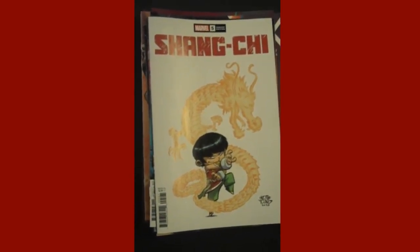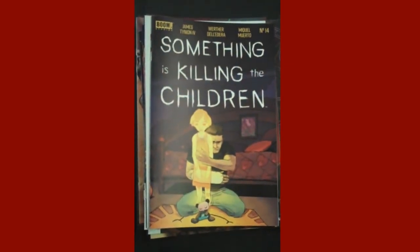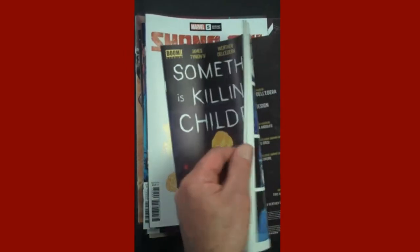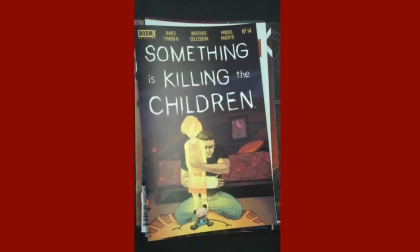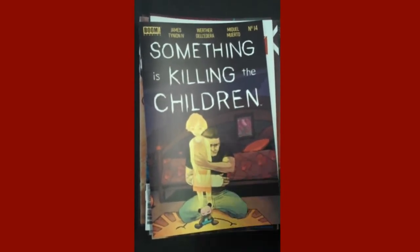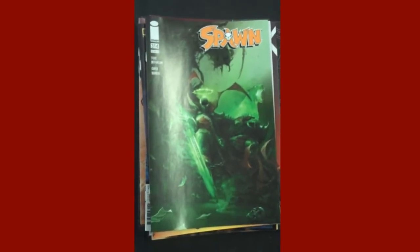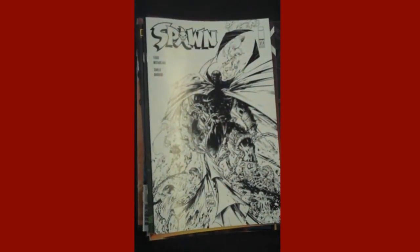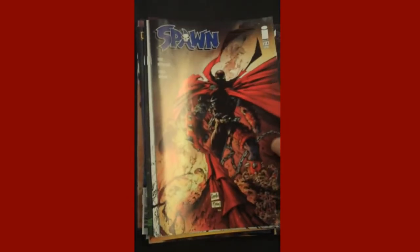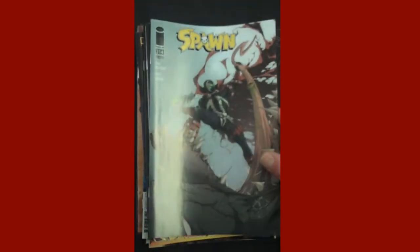Boom Studios is up next with issue 14 of Something is Killing the Children. And if you check on page 18, it turns out it's antifreeze that they're putting into their sports drinks. So that's what's killing the children. Next up from Image Publishing, issue 314 of Spawn. And then the Spawn variants parade on by for issue 314 of Spawn, because you can't have enough variants of